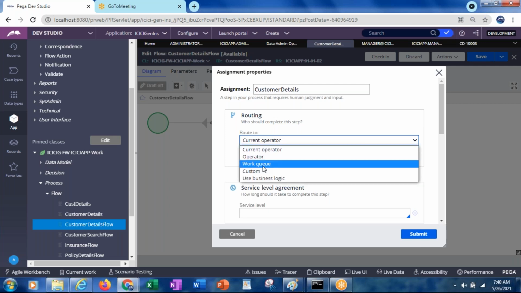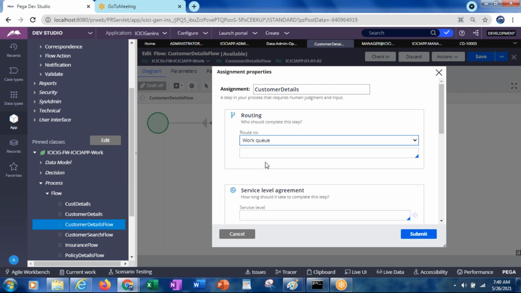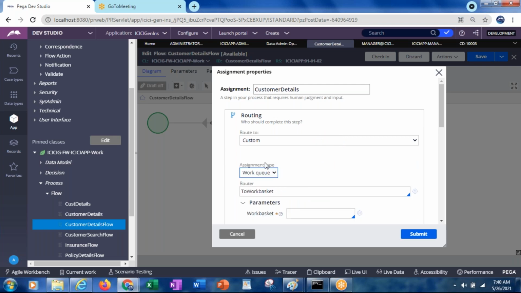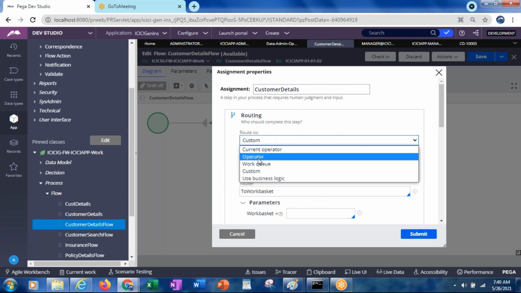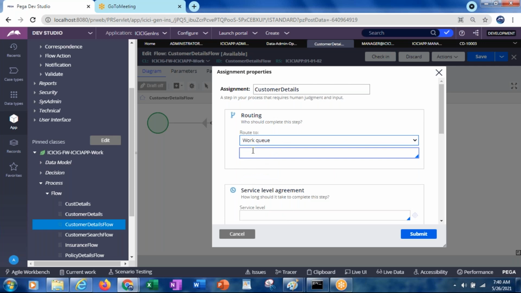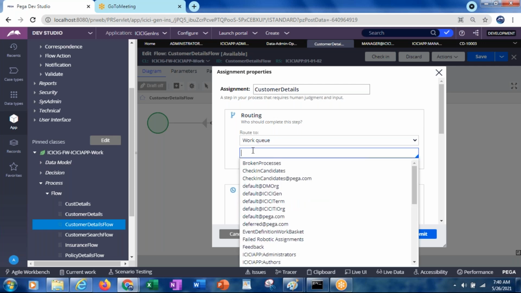And as I told you, if you want to move it to a group of people, you can select work queue. A work queue is a collection of operators, or a group of people, that we can create and assign work to.